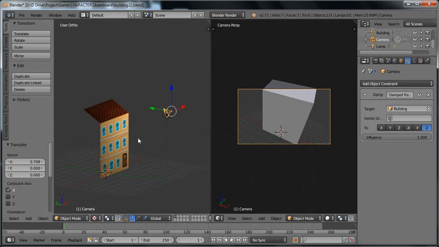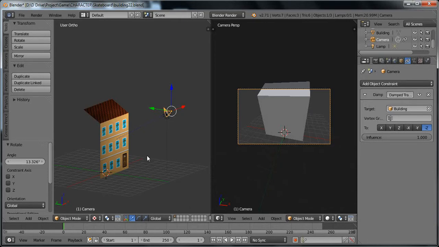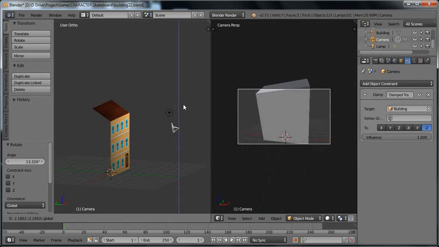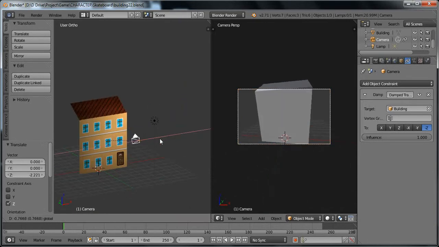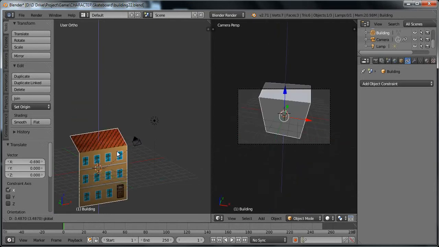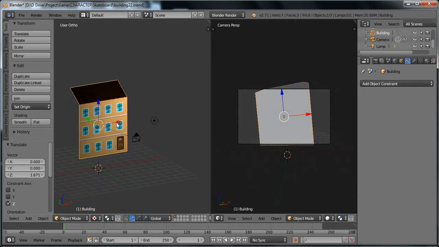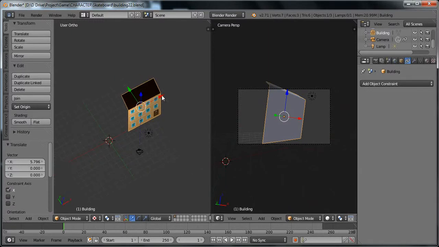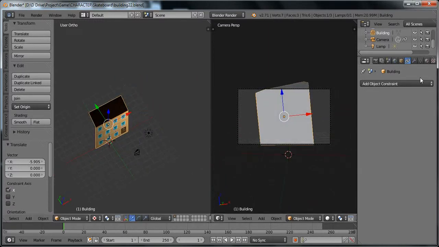Now the camera is only focusing on the building. It is not focusing on any other thing. I go to camera view, and I rotate the camera just by pressing the R key and rotating it so that it is in the proper way, and you can focus it in this manner. It will focus only on the building. Suppose I move this building anywhere, see, the camera is following the building. It will not follow any other thing. It is moving automatically, because for the camera the target is the building.